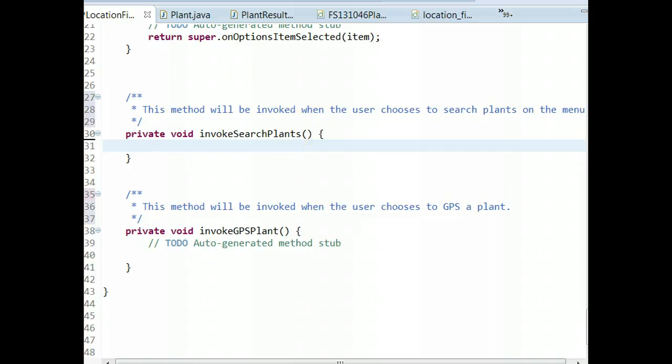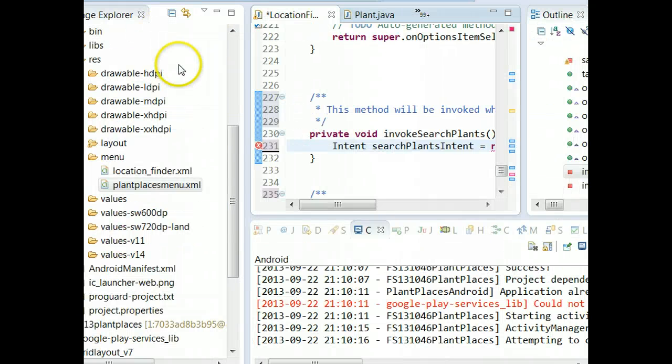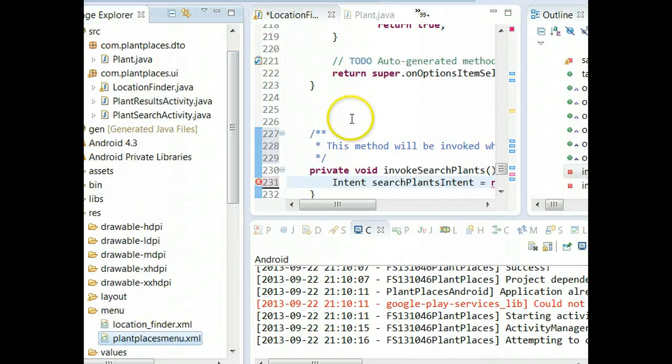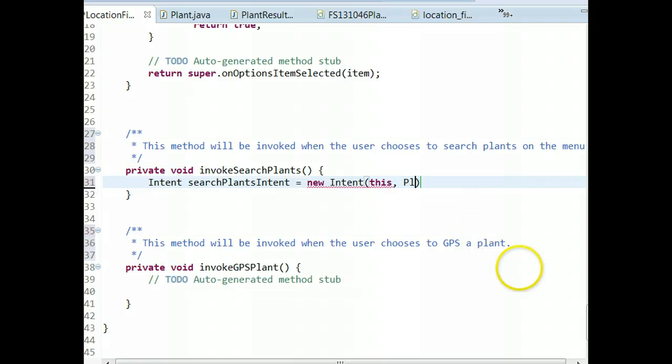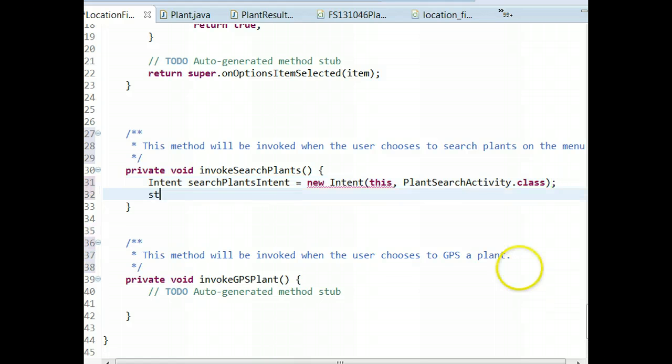Let me clean up a little bit. We just make an intent: search plants intent equals new intent, and we can make it an explicit intent because in both cases we're navigating to another activity within this app. So this comma, and then the name of the class is plant search activity. Control M. Okay, plant search activity dot class. Okay, start activity,